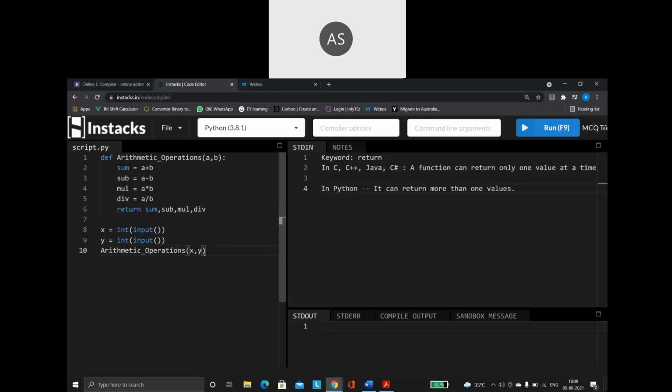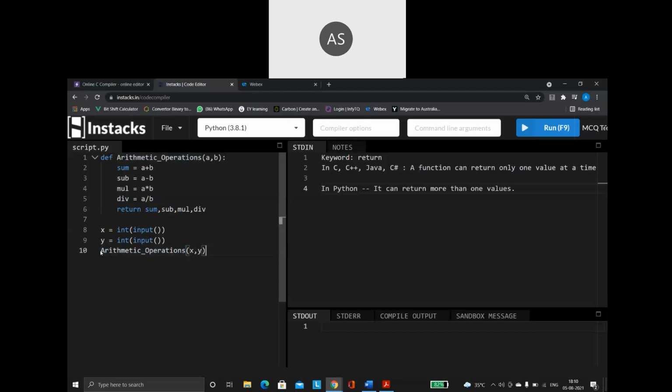Whatever is the value of x is given to the a variable, and whatever is the value of y is given to the b variable. The values are passed to these variables, and then it performs all these operations, and the values are returned by my function.